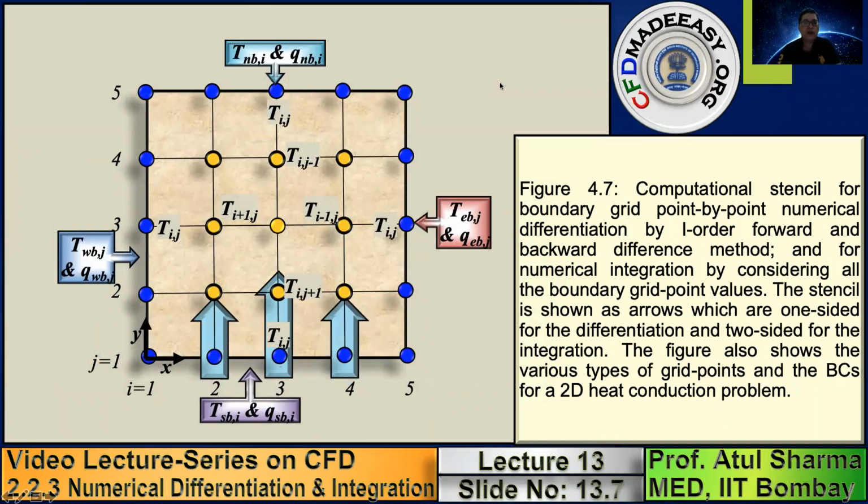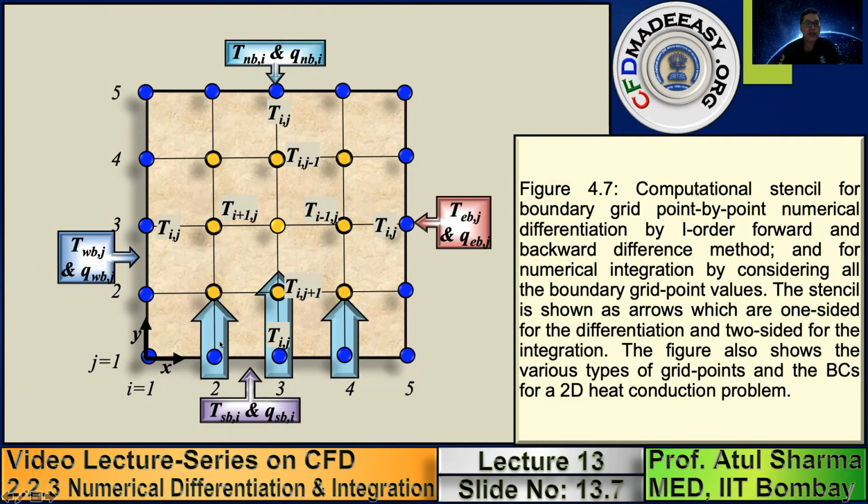So here, after CFD simulations, once you have obtained, let us say, for a heat conduction problem, the temperature distribution. From the boundary conditions, you know the temperature at the blue circles. After solving the discretized linear algebraic equations, you've obtained the temperature for the yellow circles. So once you know the temperature of the internal grid points, these yellow circles, and the boundary grid points, the blue circles, then let us suppose at the bottom wall you want to calculate the local heat flux. The bottom wall is a horizontal wall, so heat flux is in the y direction.